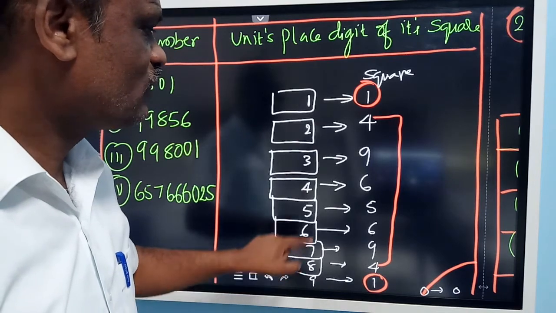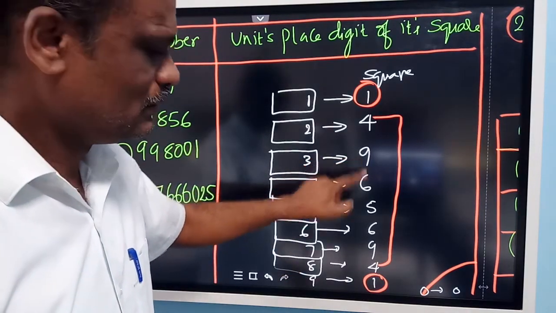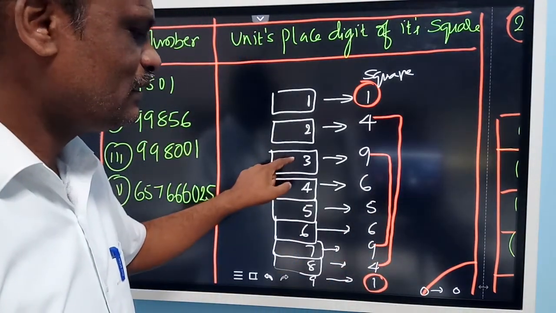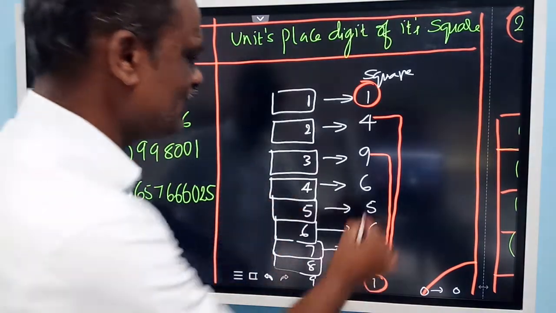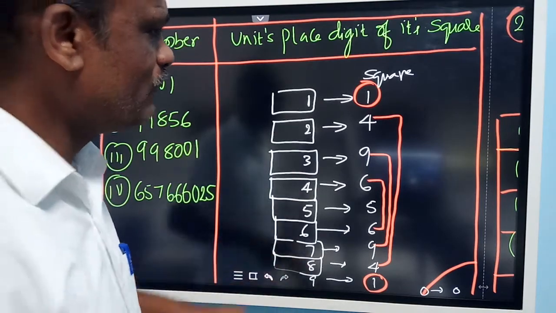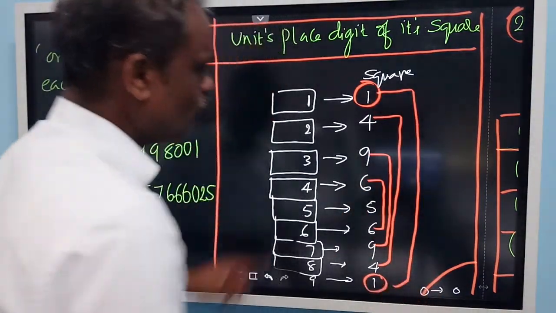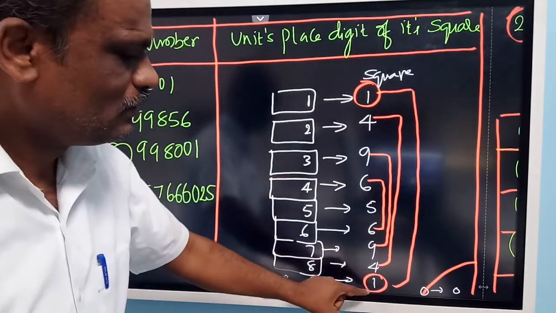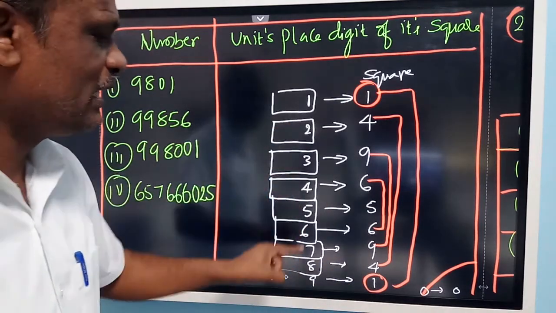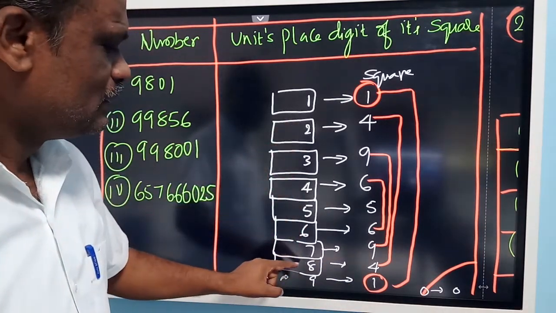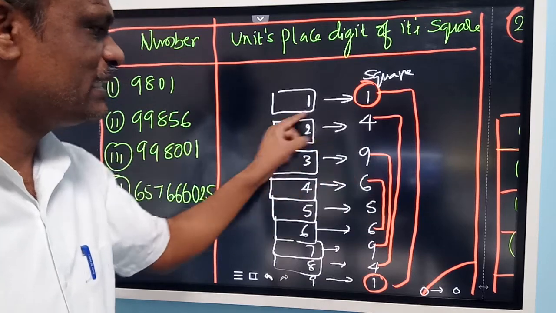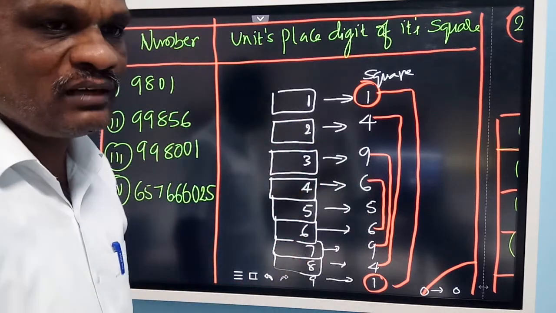Isn't it? So if a square number ends with a digit 9, then 7 or 3. If a square number ends with a digit 6, 4 or 6. You can very well remember, look at this. 1 and 9. Square number ends with 1. Therefore, square root ends with 1 or 9. For 2 and 8, square number ends with 4. Then the square root of this one ends with either 2 or 8. Is it clear, all of you?